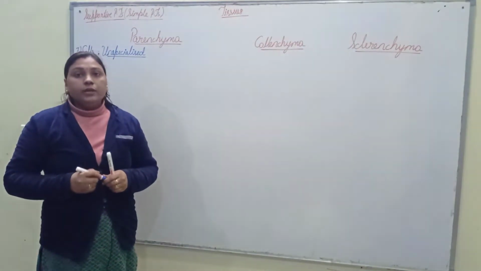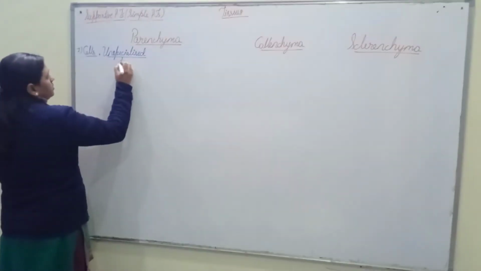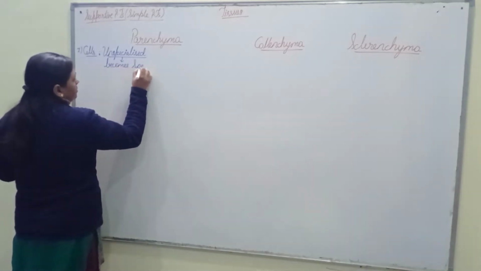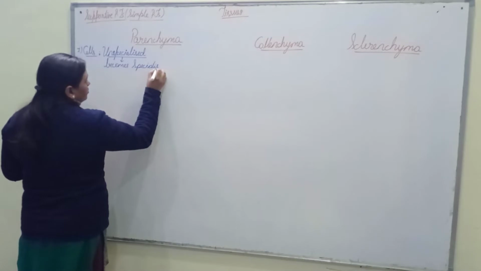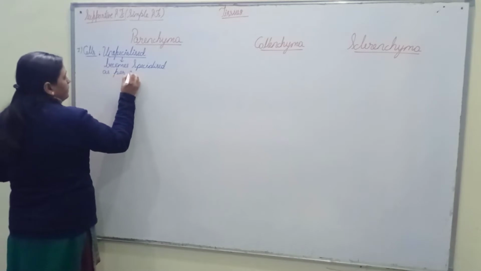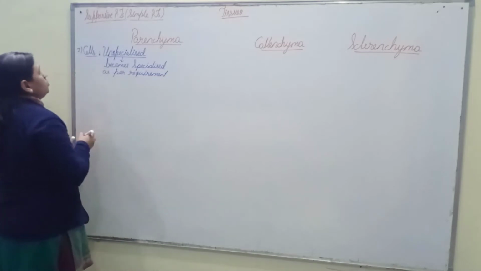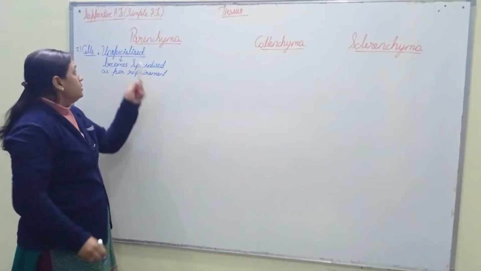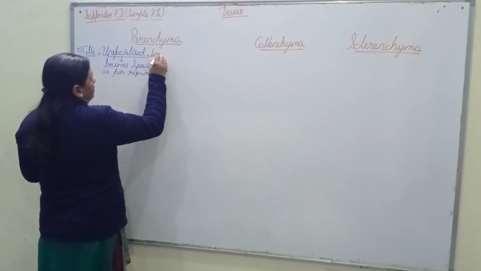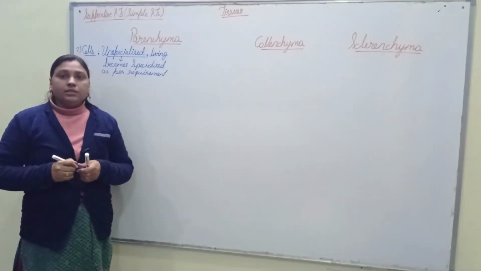That means it becomes specialized as per the requirement of the cell. So cells of parenchyma are unspecialized living cells. Cells are living in case of parenchyma. That means parenchymatous cells are living,